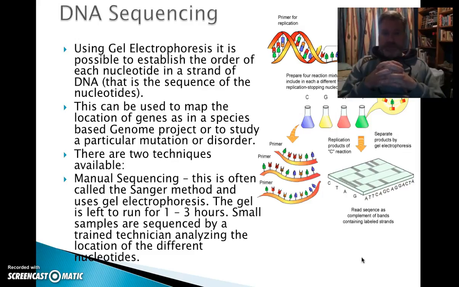So gel electrophoresis is often used, and the intent is just to take out samples of DNA and code them. It's often done manually, and this is often called the Sanger method, and uses lots of gels. You get lots of small samples, and you get to know where things are. You're using restriction enzymes which allow you to cut things. You can use probes that you know the sequence of, and you build them yourself, and it just takes hours